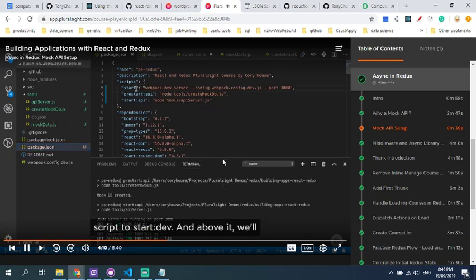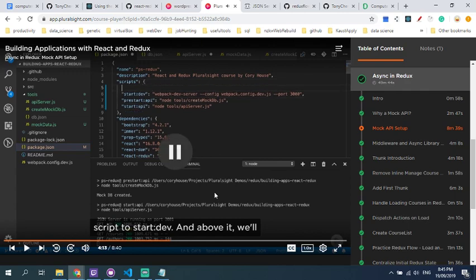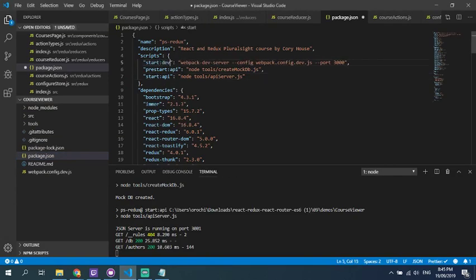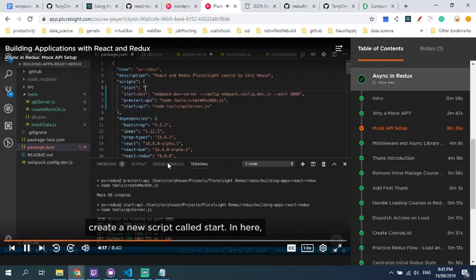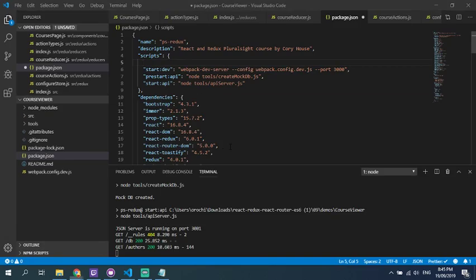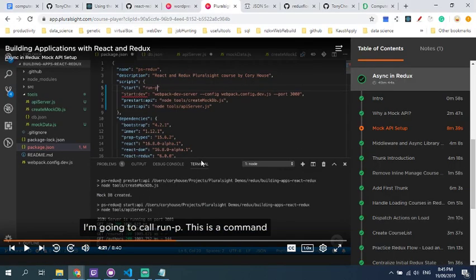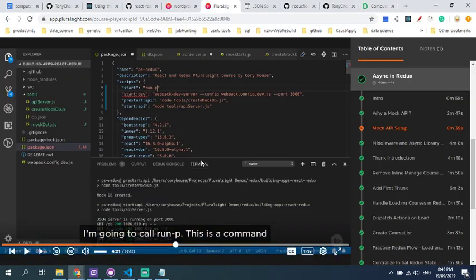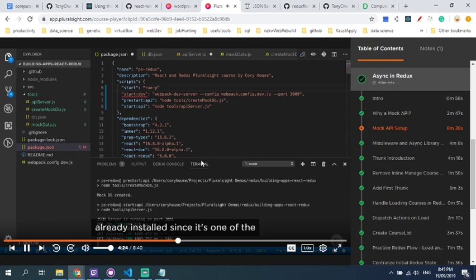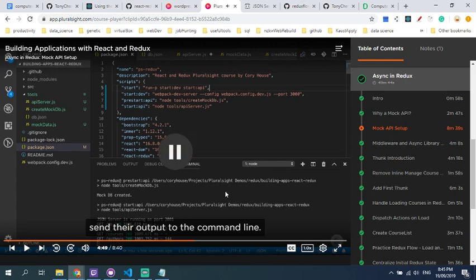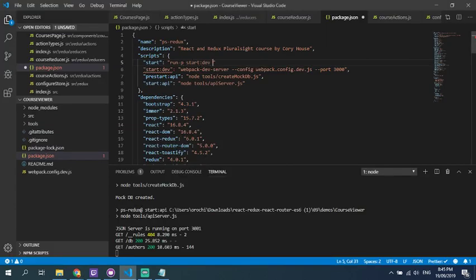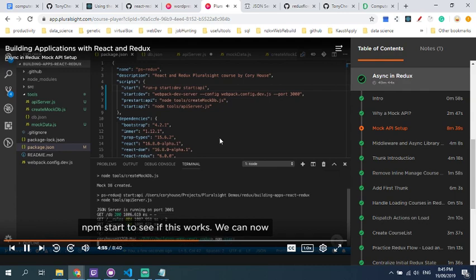To do that, let's rename the current start script to start dev. And above it, we'll create a new script called start. In here, I'm going to call run-p. This is a command that comes with npm run all, which is already installed since it's one of the packages listed in package.json. The run-p command allows us to run multiple commands in parallel and send their output to the command line. Let's come down here, hit Control-C, and say npm start